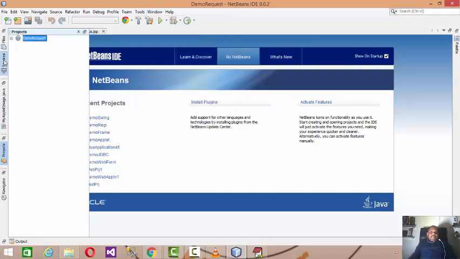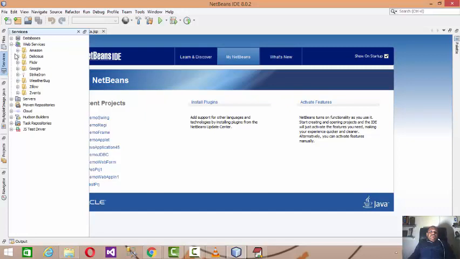Let's say here, if I click on Services and expand the server, then you will come to know that Glassfish server 4.1 is already installed while installing NetBeans. In a similar manner, you can even install the Apache Tomcat server as well. By default, whenever we install the NetBeans IDE, the Glassfish server gets installed in it.